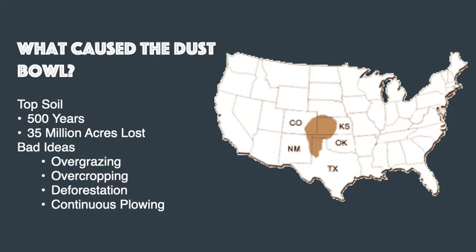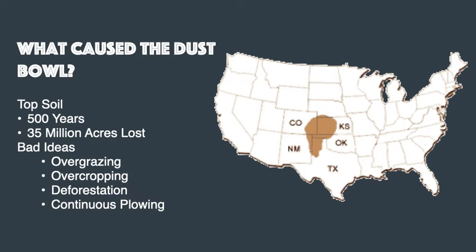So what ends up happening? Well, basically what is going to cause the Dust Bowl is an era of drought in the brown area on the map that you're seeing there. So in a particular part of the country, this is part of that breadbasket of America, where a lot of farming is going to happen. You see some northern Texas there, Colorado, Kansas, parts of New Mexico, and then the upper parts of Oklahoma. Now, this is not the parts of Oklahoma where Joseph and Shannon would have been running to. Those would have been to the east.